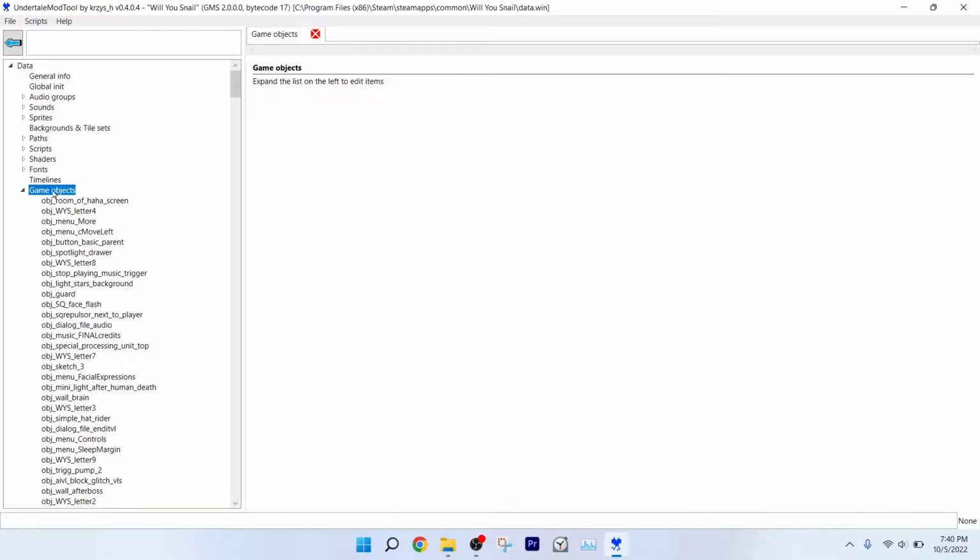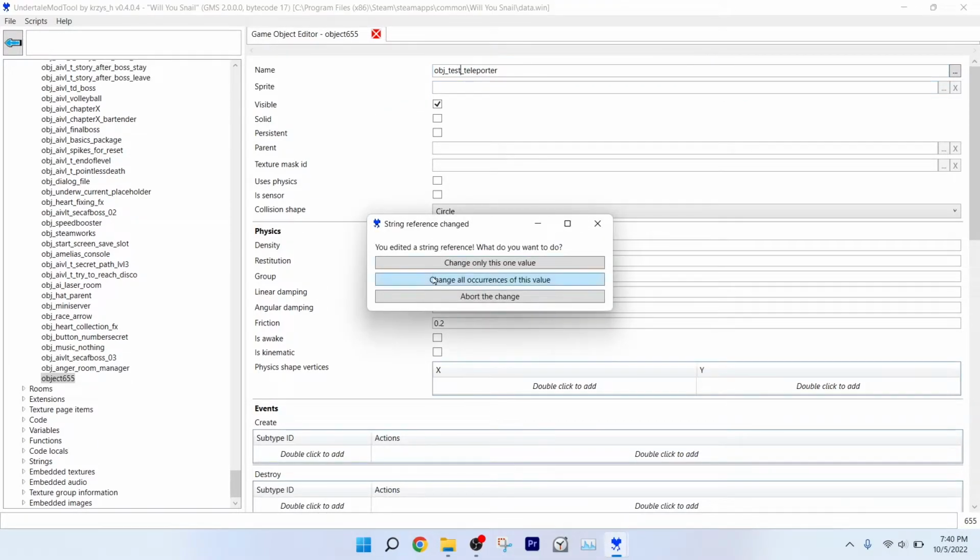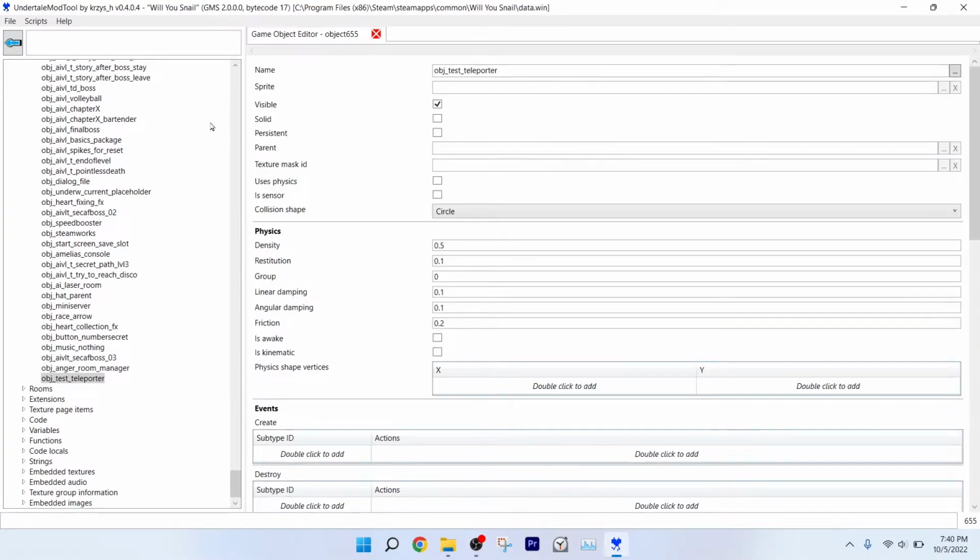So, game objects. Go to game objects, and you're going to right click it and press add. And now you can name this object whatever you like, but it's typically a good practice to start objects with obj underscore. That's just what a lot of Game Maker developers do. And we're just going to name it test underscore teleporter. How about that? And click change all occurrences of this value,